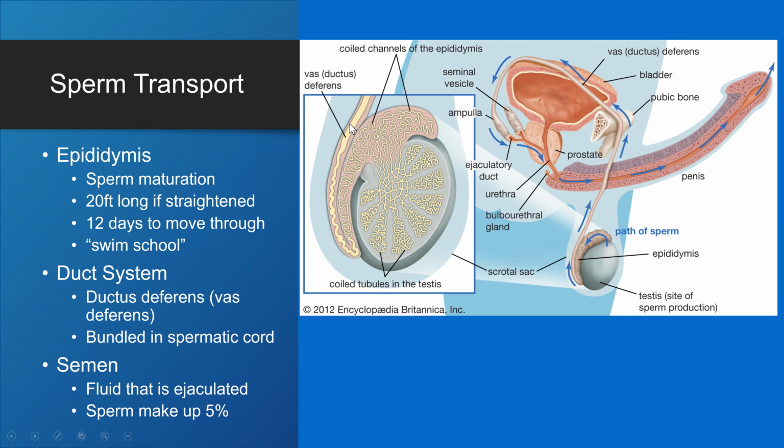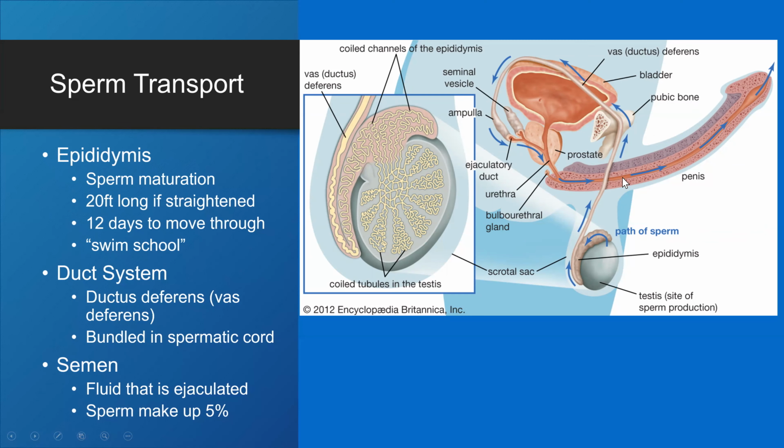Ductus deferens is the next one, and it's inside a structure called the spermatic cord. In the spermatic cord, we also have blood vessels, lymphatic vessels, nerves. But one of the structures inside the spermatic cord is vas deferens or ductus deferens. And you can see over here the path of the sperm from testes to epididymis, ductus deferens, inside the pelvic cavity. You go around and behind the urinary bladder, and then enter the ejaculatory duct that is inside the prostate gland,